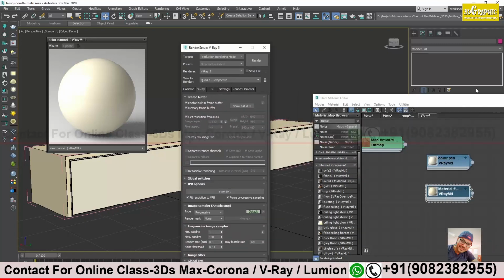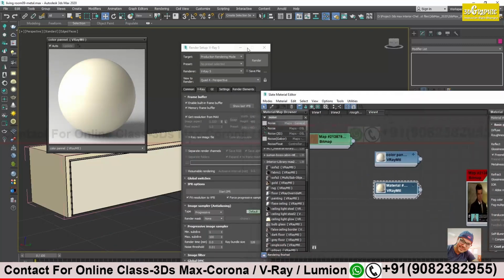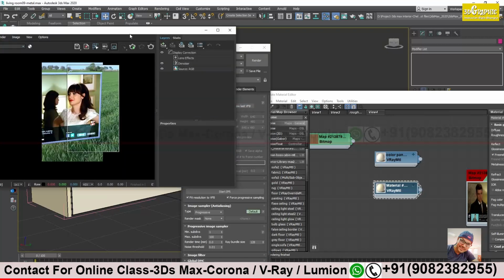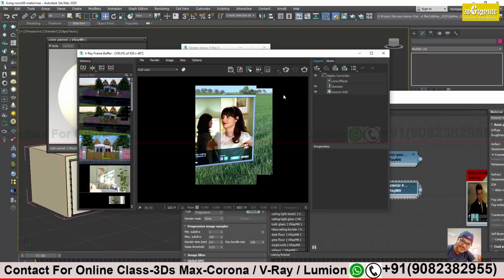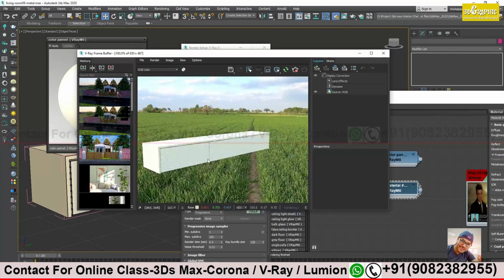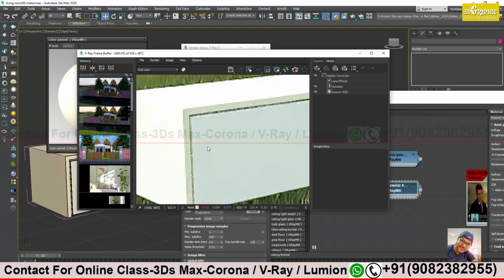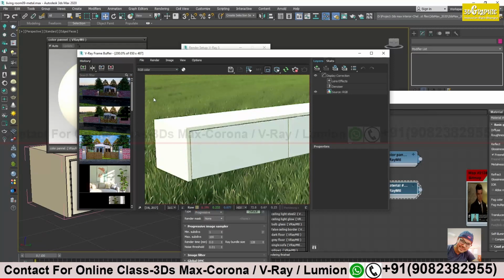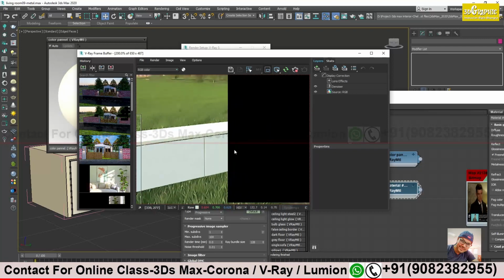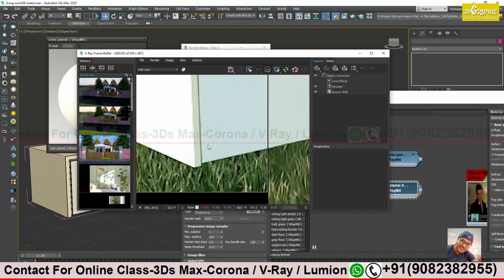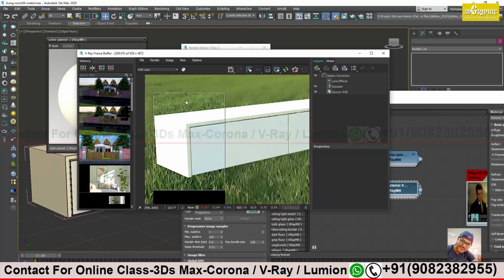Frame buffers. Where is the frame buffer? Okay, here it is. The light is not properly visible because there is nothing to reflect over here, it's blank.